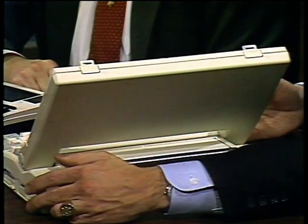Now, Jim, there's the one thing that seems to be missing that's different from a desktop is, say, a hard disk as a part of this. Right. And you know, for example, for my requirements, it would be really nice to have a 10 or 20 megabyte hard disk. Are you considering doing that? I think we'd all like to have a 20 megabyte hard disk. We do have two